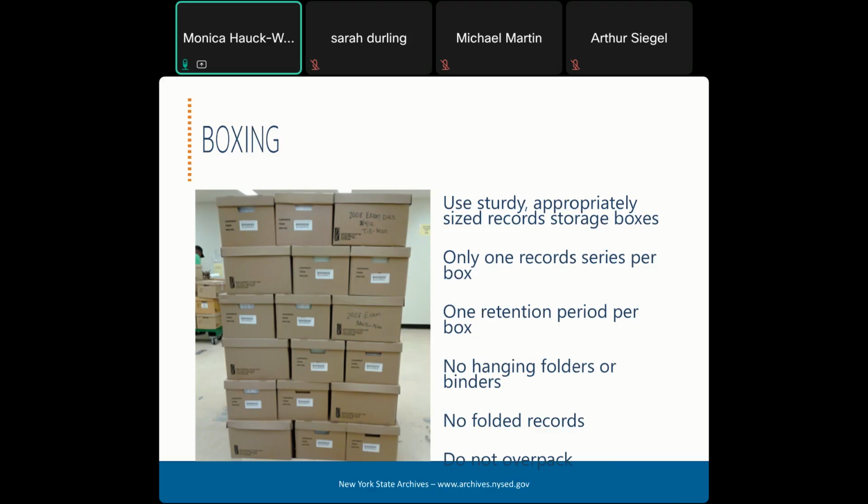Similar logic can be applied to binders. Storing records in binders isn't as space efficient as packing them loose. And when it comes to time to destroy the records, staff are going to need to remove the pages from the binders. So basically, you're pushing off the responsibility to take the stuff out of the binders to a future time when you're probably going to be getting rid of a lot more records and having to do processing that you might not have time for.